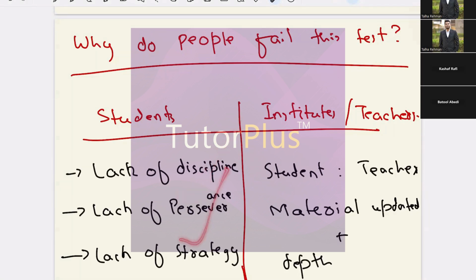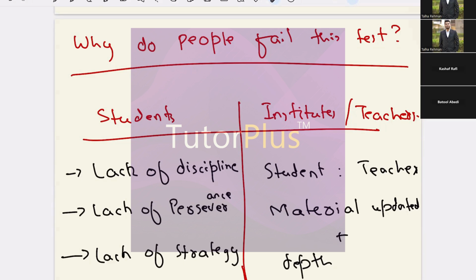Once again, lack of strategy is something that contributes the most. So I see people doing the SAT questions for IBA, thinking that they could clear IBA thanks to the SAT maths. But please notice that I teach both of the courses. In fact, I teach more than these two courses. But if I were to compare IBA and SAT only, IBA's maths is way different than the SAT's maths. There could be an overlap of the two topics. So even the topics that are the same,